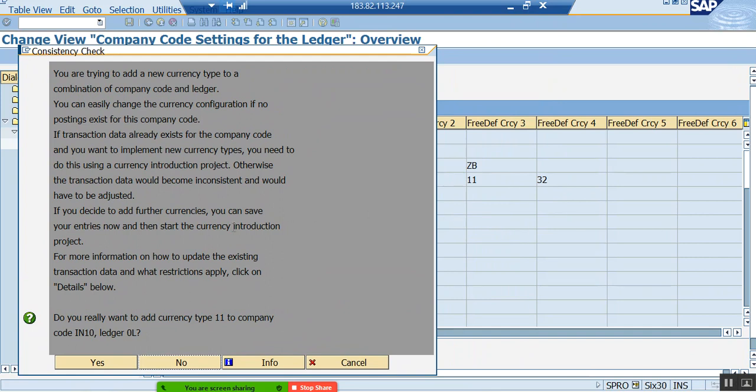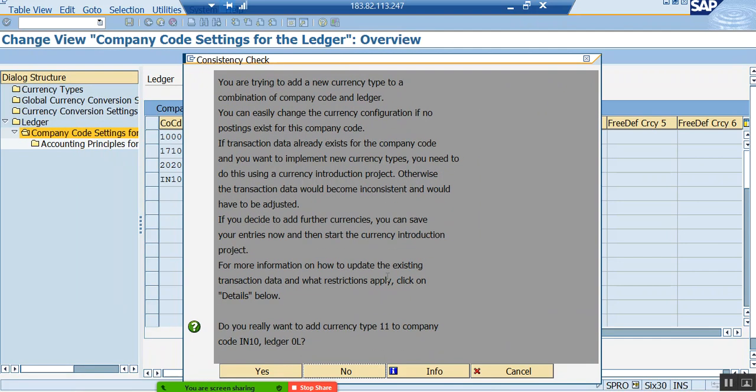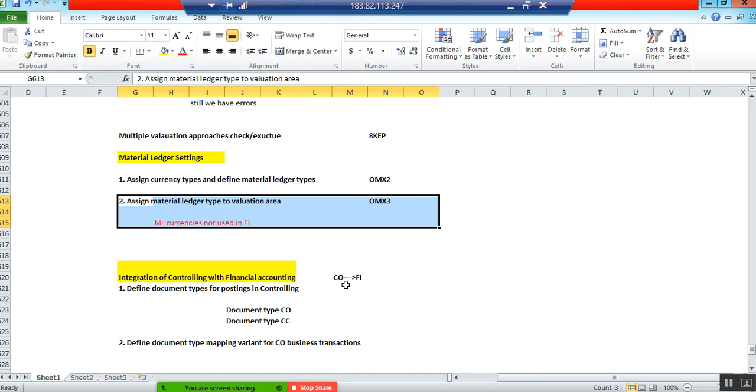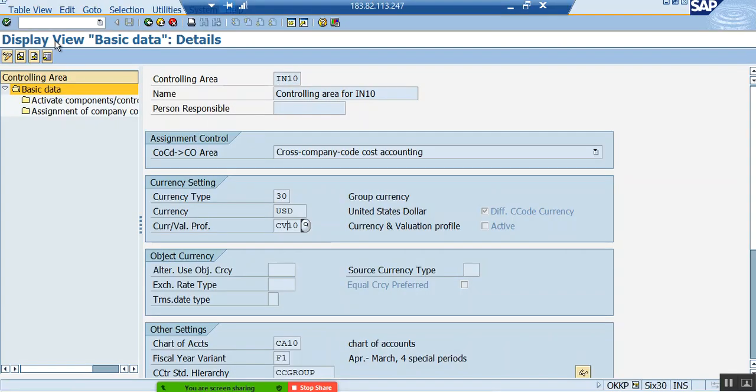So in existing documents, if you don't translate, it will lead to inconsistency. Then you need to go for a currency introduction project. If you are doing it in production... if it is a test system and the documents are already posted, then you can go to transaction code OBR1, and through OBR1 you can delete